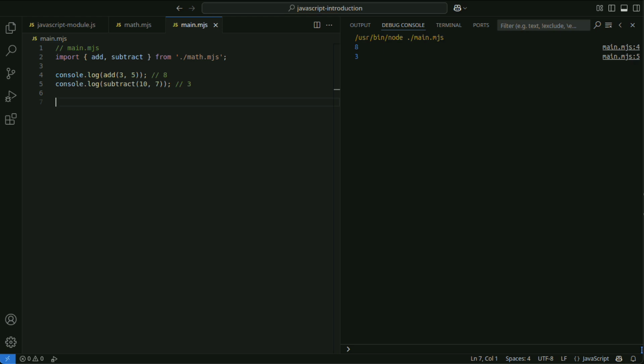There are two export methods for modules. One is named export, and the other is default export. Named exports are used when exporting multiple functions or variables from a module. You can perform multiple exports, and upon import, you receive them with specified names.